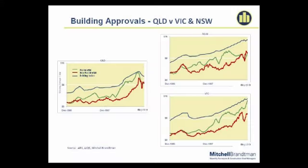where the message is. In terms of trends, we're now going to turn to what building approvals are doing and things like that. I'll try and push through it fairly quickly. The idea is to get a feel for what might be coming up, what's going to happen in the next 12 months. Now, one of the key criteria I look at is building approvals. One of the reasons I look at that is because